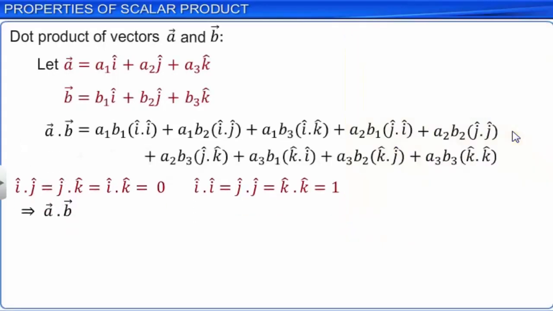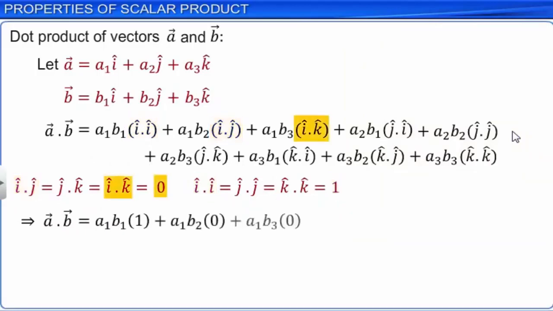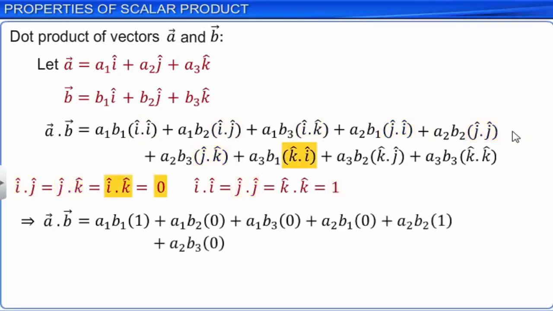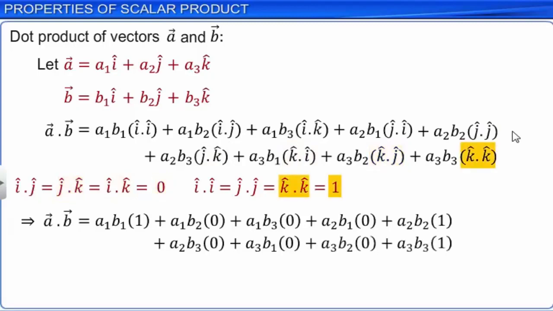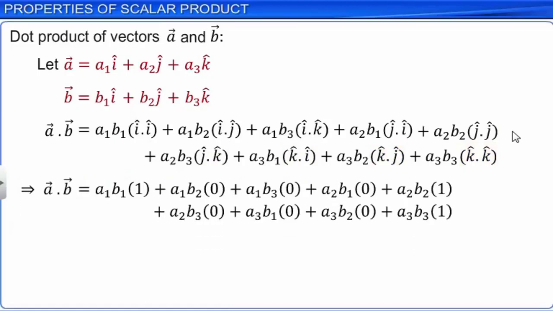Substitute the corresponding values in the expansion. Thus, we find that the dot product of vectors A and B is equal to a1b1 plus a2b2 plus a3b3,